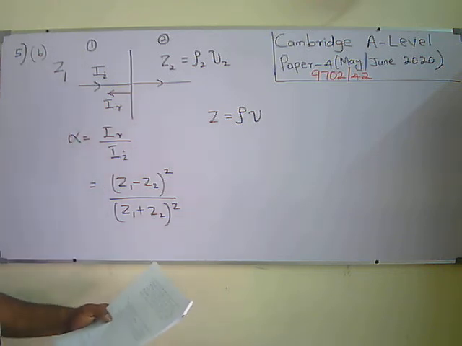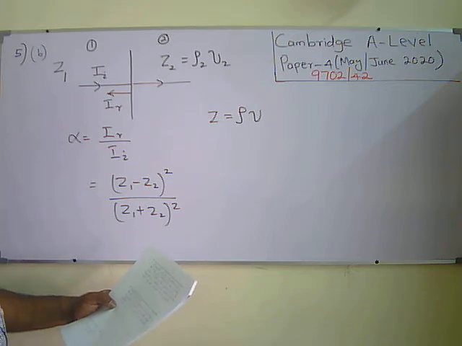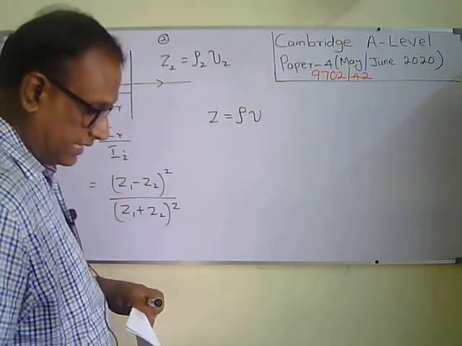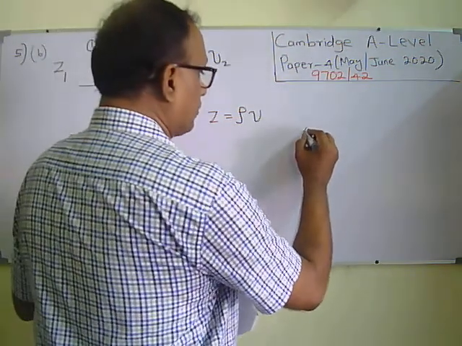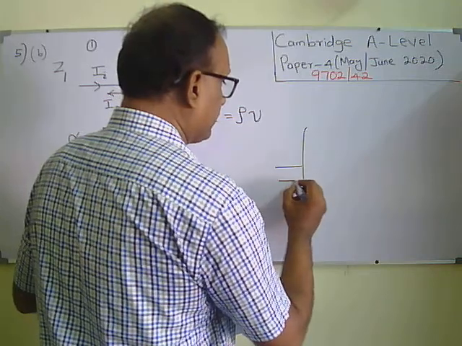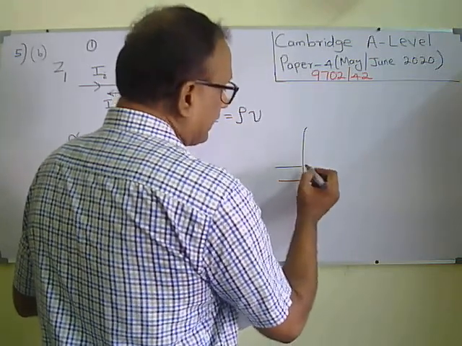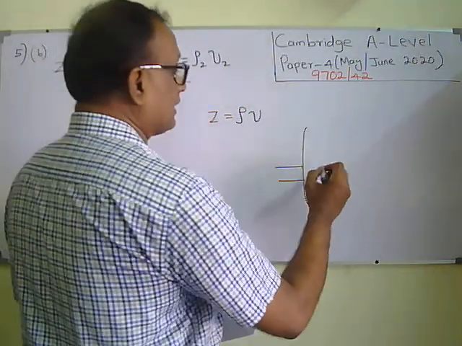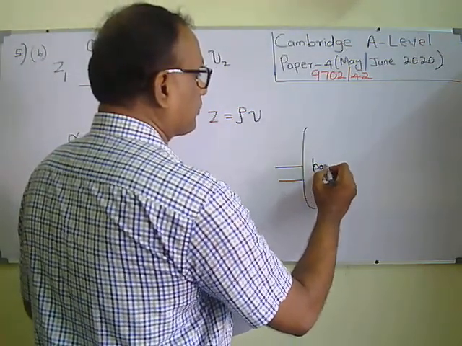So the question here, by reference to specific acoustic impedance, is to explain why there is very little transmission of ultrasound waves from air to skin. When you consider ultrasound scanning, this is the body outer surface, and we keep the probe here. There can be an air layer here. To remove that, they put gel. So this is the internal organ. This is the human body.